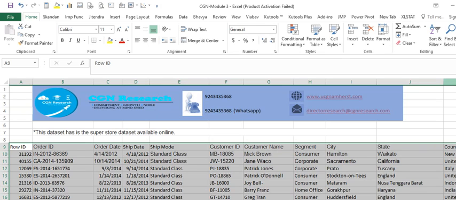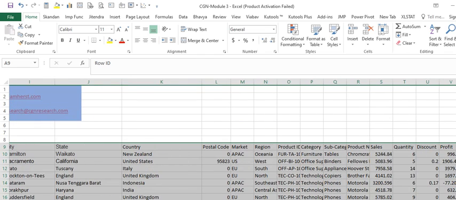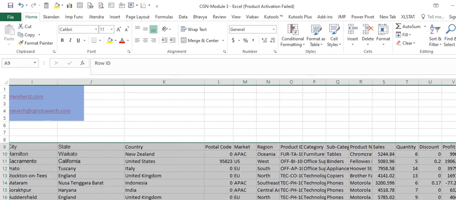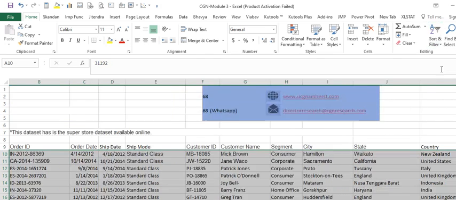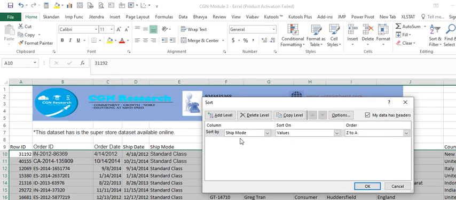So based on the shipping mode, now I would like to sort the market regions. So let me go here and make a custom sort again. Already there is a sorting that has been done by a particular column.